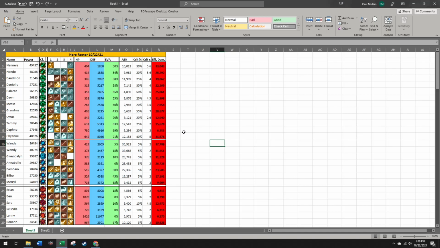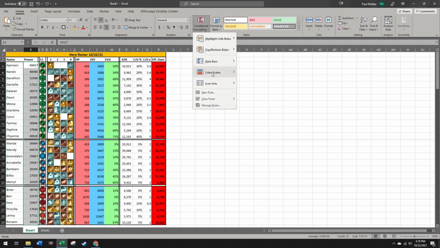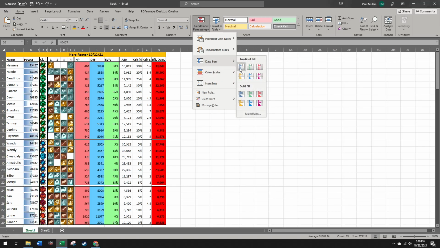Cool. So here's one other thing you can do. I have this the way I like it. If you wanted, you could do a gradient where you're ranking all your heroes. So you have all these powers here. What we could do is go to conditional formatting and make a scale. So we could do something like this. You can see there's a bunch you can play around with. You can make bars where it fills up based on